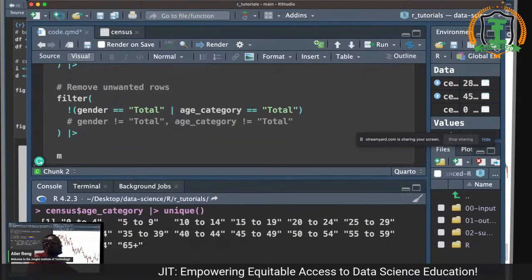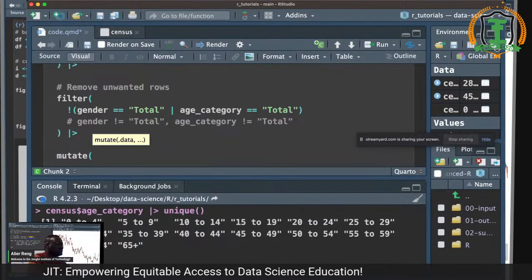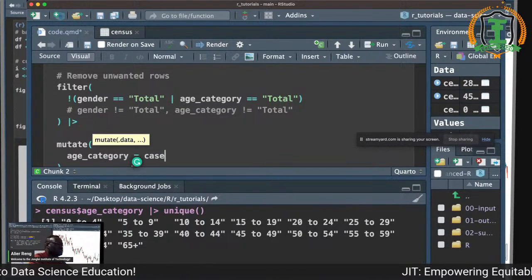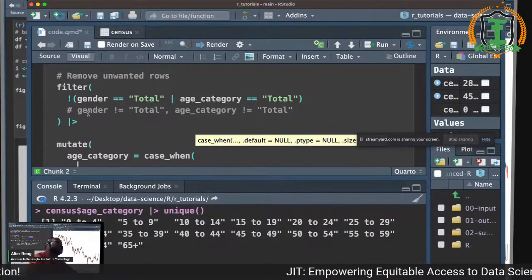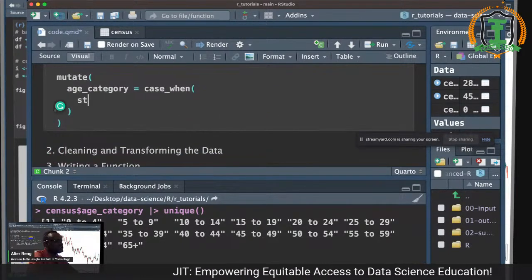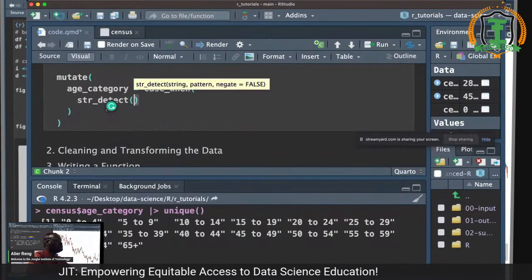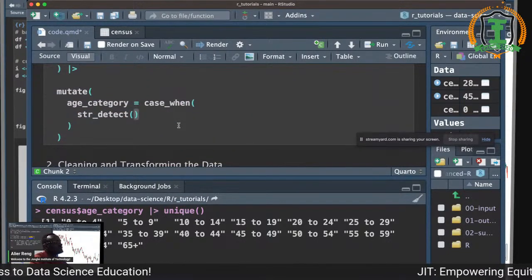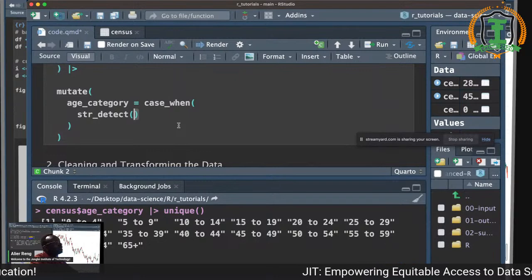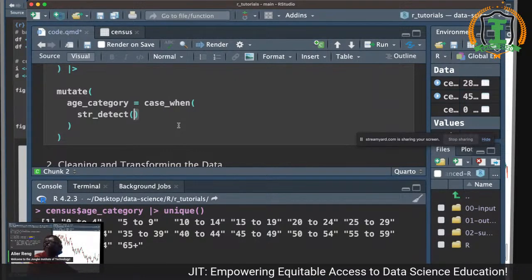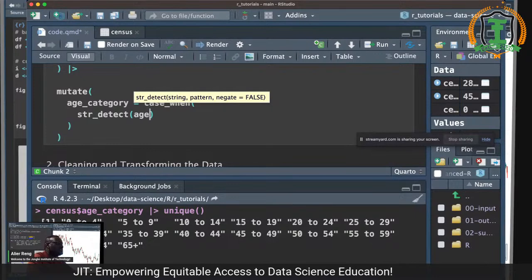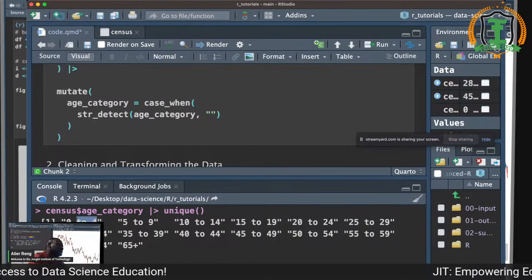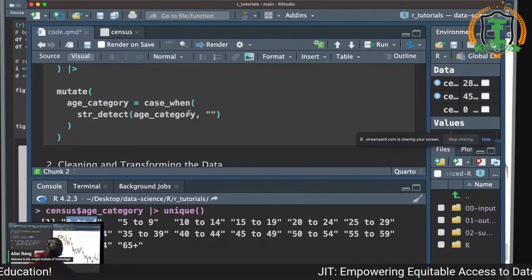So we'll do mutate age category equal case_when. And I will use the str_detect from stringr. So that means I will go back up, or let me run it first to show you that, because I didn't load it before, it's going to give me an error saying it's not found. So within the age category, I would like to detect,